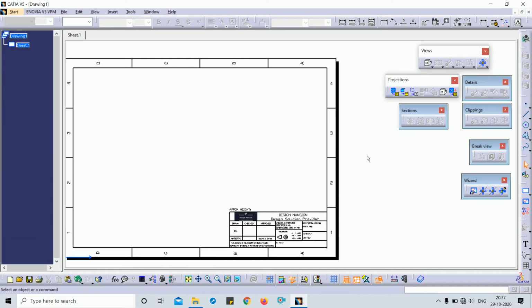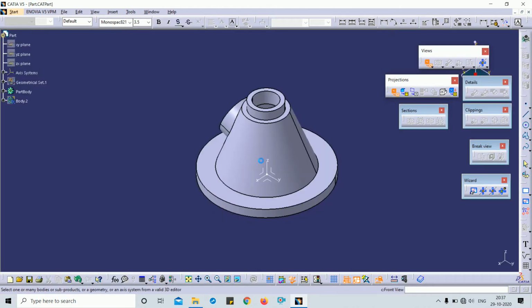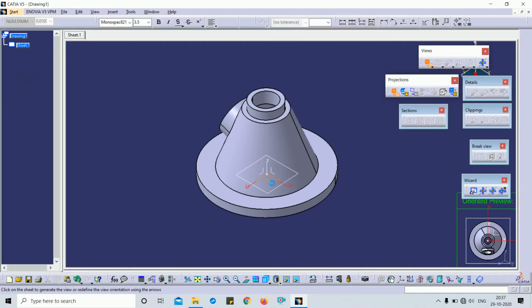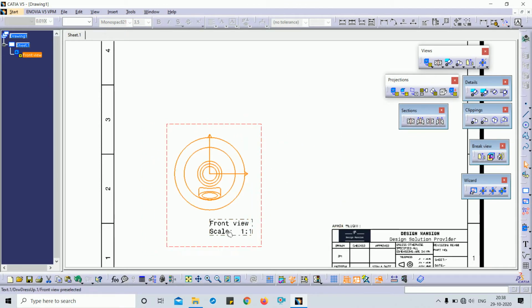So this is the detail which we have to discuss. First of all, I will put the views. This is my top view, this is my front view.